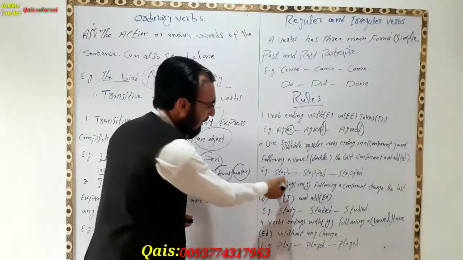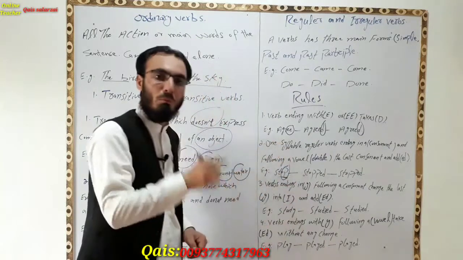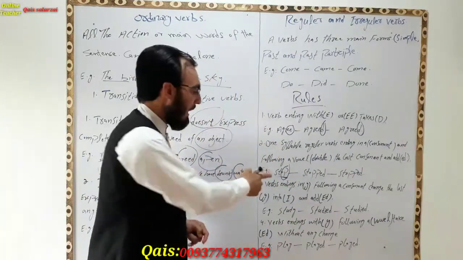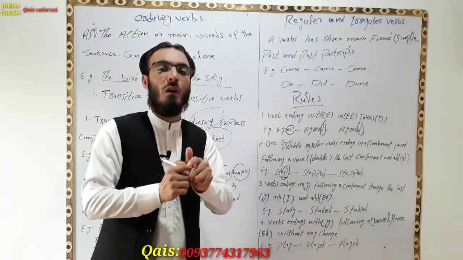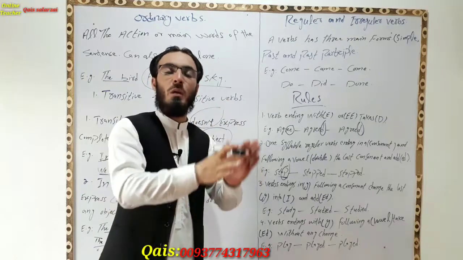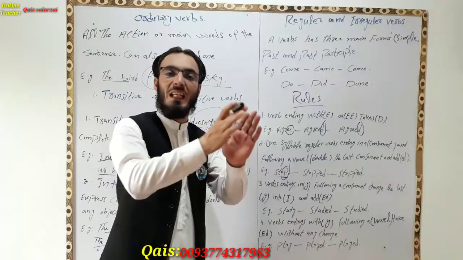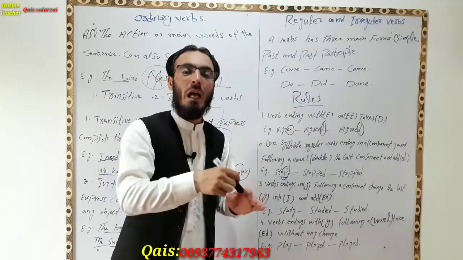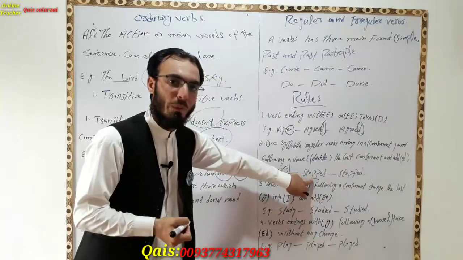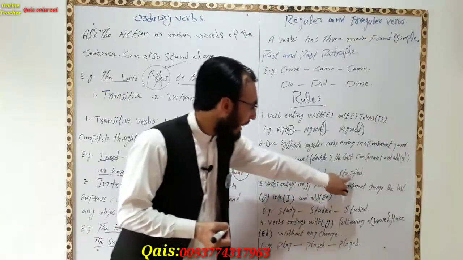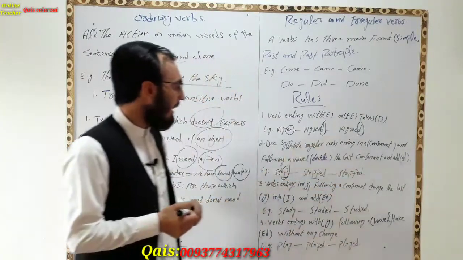For example, here we have stop. You can see stop ends with P, but before P there is O, and O is a vowel. So we said when a verb ends with a consonant but before the consonant there is a vowel, you need to place that consonant at the end double and put ed. Have a look at here. Stop. We have placed double P here and then we put ed, and you can also see on the past participle double P and ed. That was about the second rule.